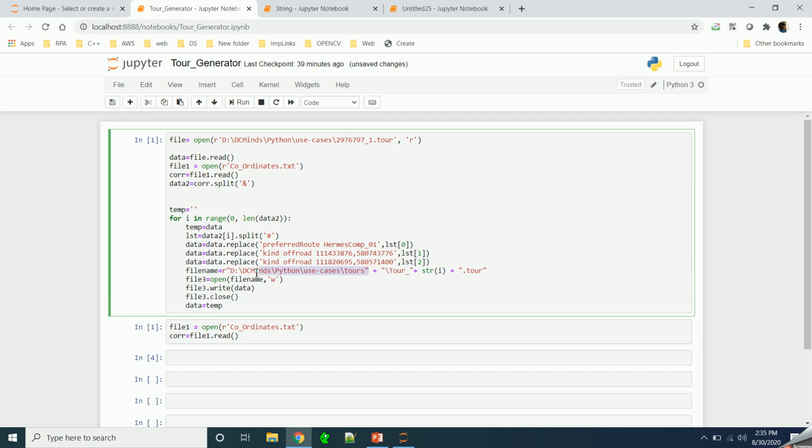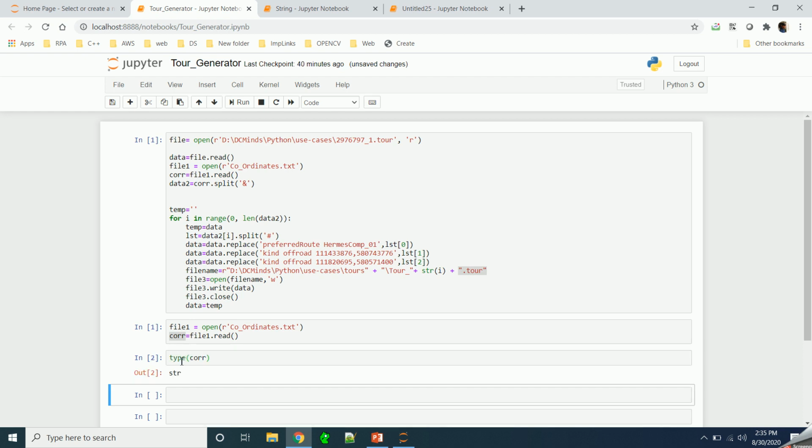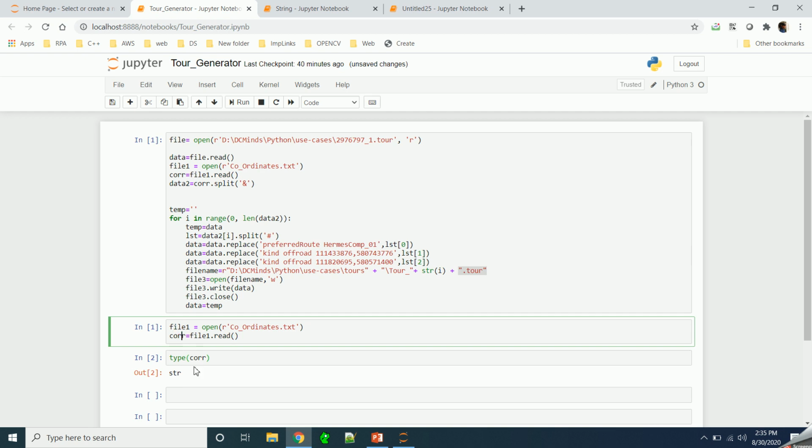In this case also we are giving the file name as a string, and we are also performing some concatenation operation. So if you know the concept of string, you will be able to use it while writing a real-time script to solve a particular problem. So here string is used. Now we are reading over here, so let's run this, and we'll see what is the type of this. In this case, if you see, it is str, it means it is a string. So the values stored in this variable are a string. When we print the value, let's see what we get.